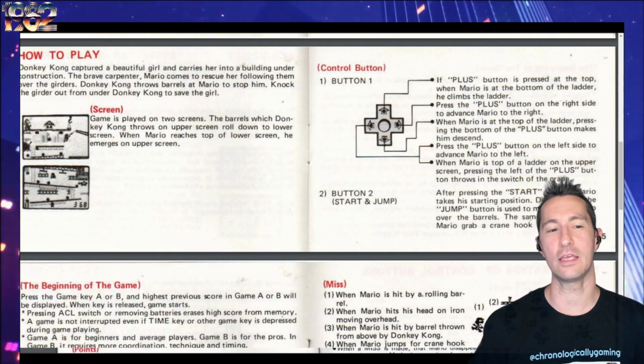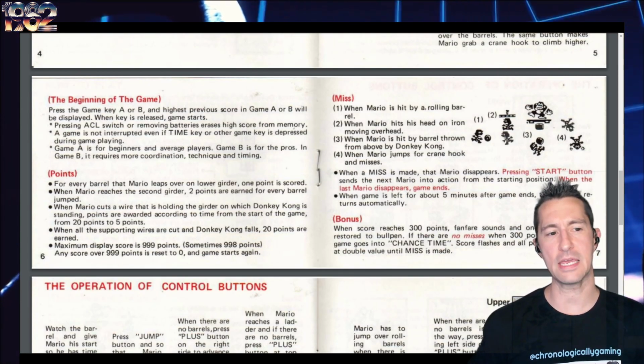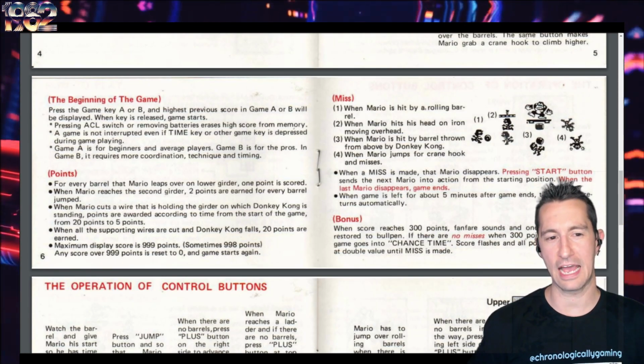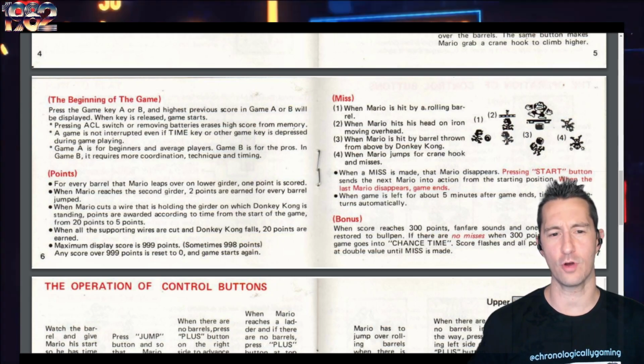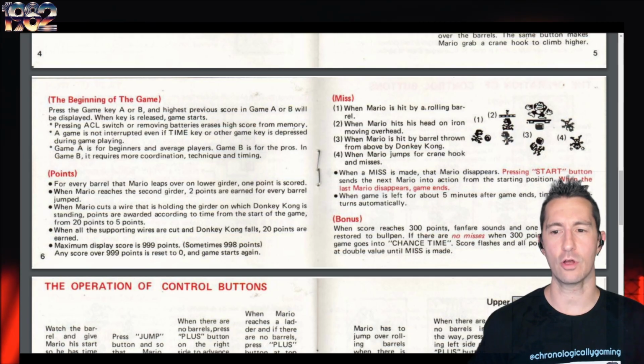And we're doing it now in the palm of our hand with Donkey Kong. You can pick Game A or Game B. Game A is for beginners and average players. Game B is for the pros. It requires more coordination, timing, and technique. And they show you all the points